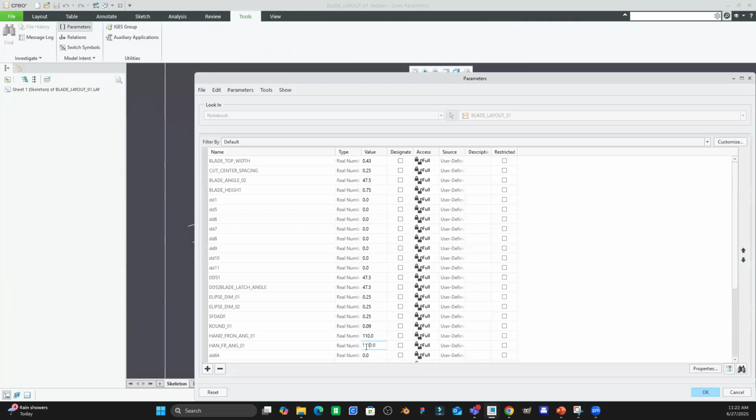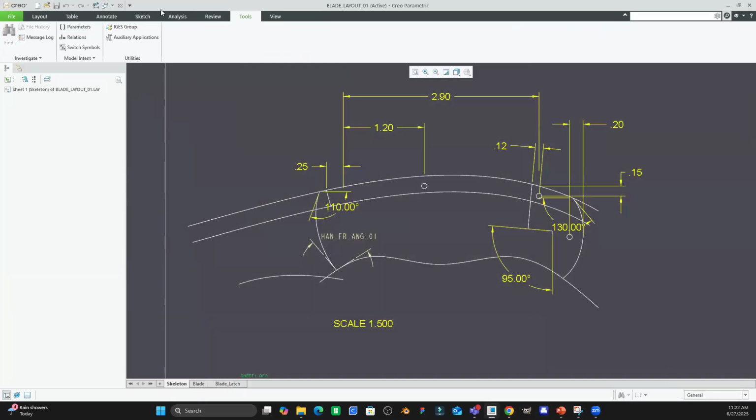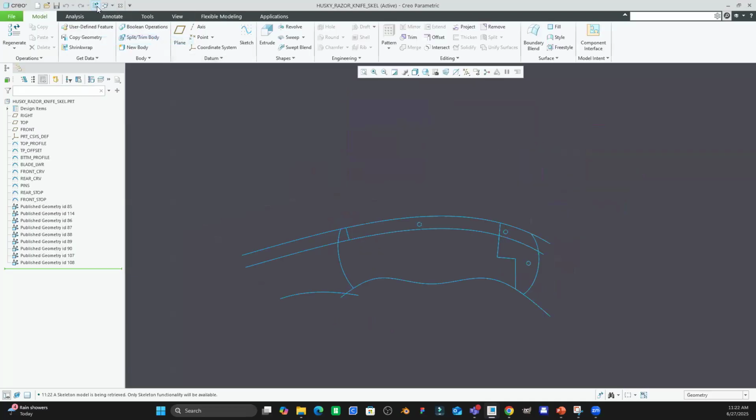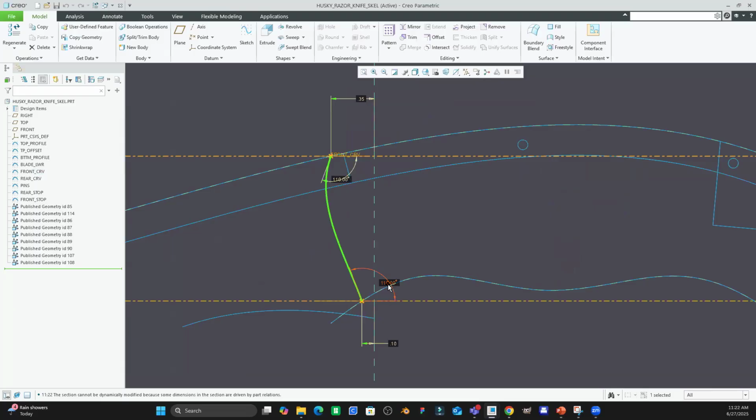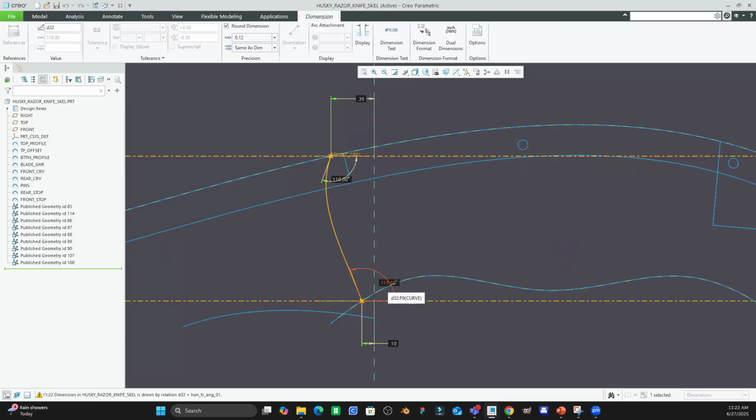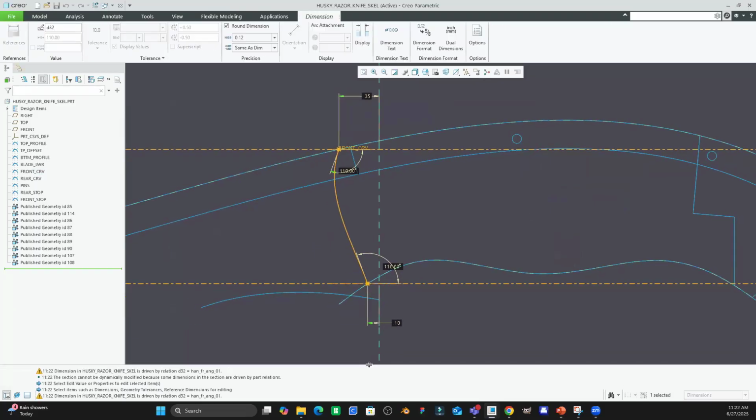get rid of, there's an extra 1 there, and click OK, and I go and I regenerate my skeleton part, that updates, right? But now check this out. If I go to edit dimension and I try to change that dimension, I can't, right? Because that's driven by the